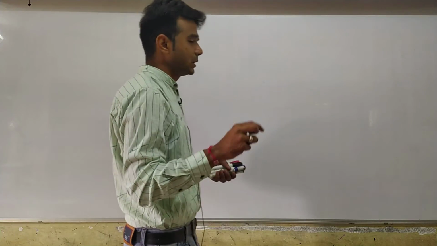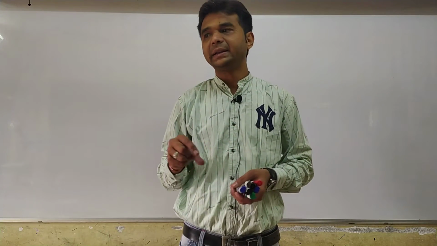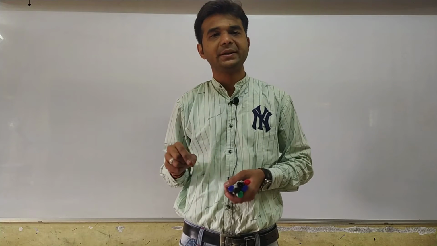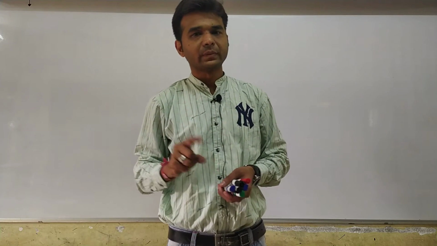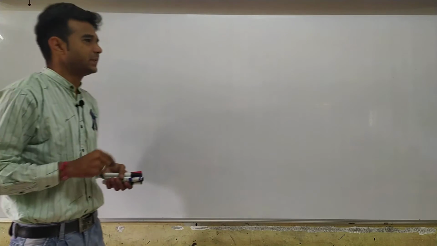Now here what happened, you know that chromosomes are arranged in the center of the cell. Spindle fibers are elongated and kinetochores are attached to the spindle fibers, and all the chromosomes are arranged in the center of the cell, and that is known as the metaphase plate. In this metaphase only, we are able to see the chromosomes easily.